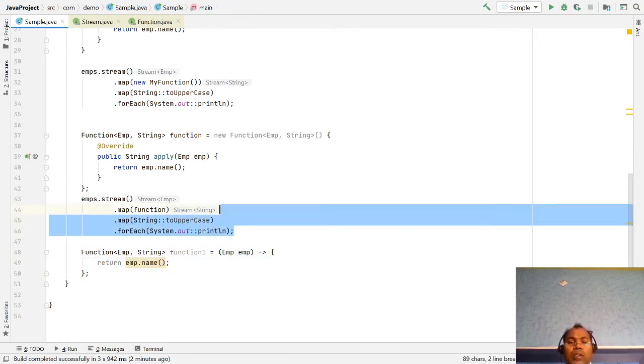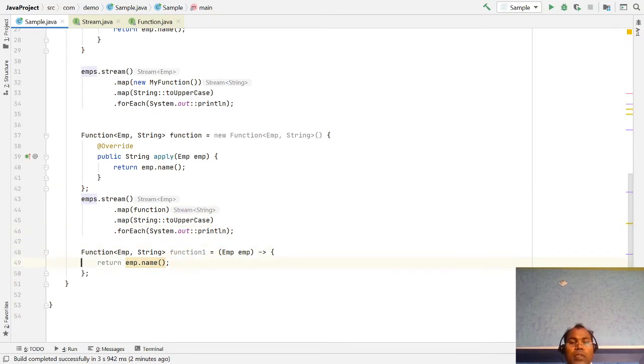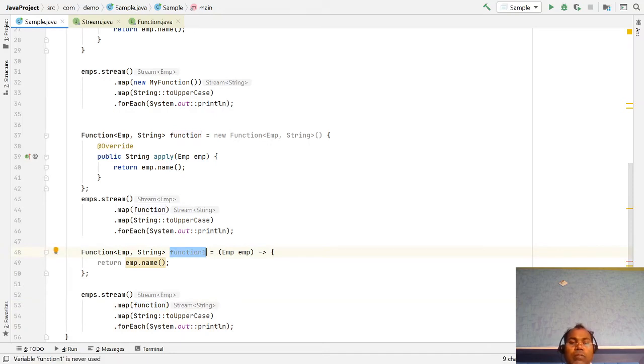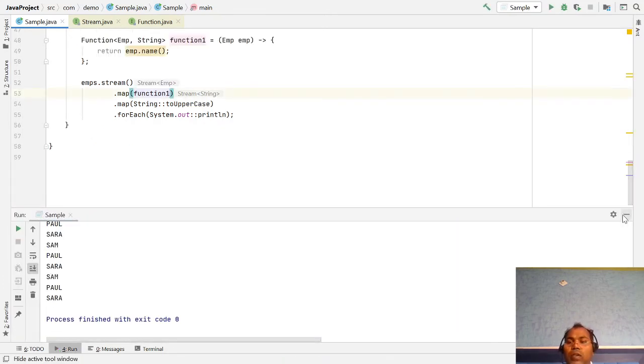Now instead of creating an object and passing it in the stream, you can directly invoke just your method definition from here. Now you are not creating an object, just passing your method definition. So now it works.